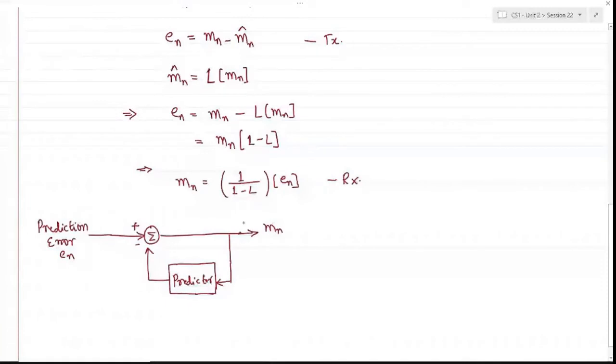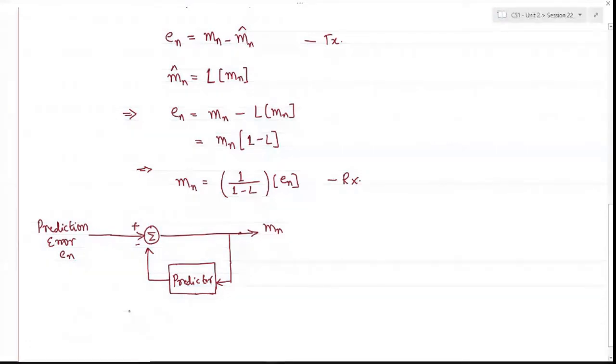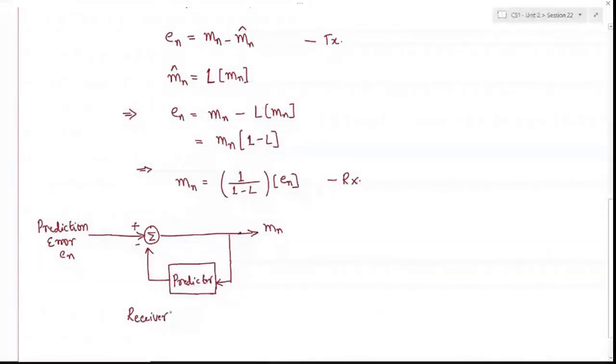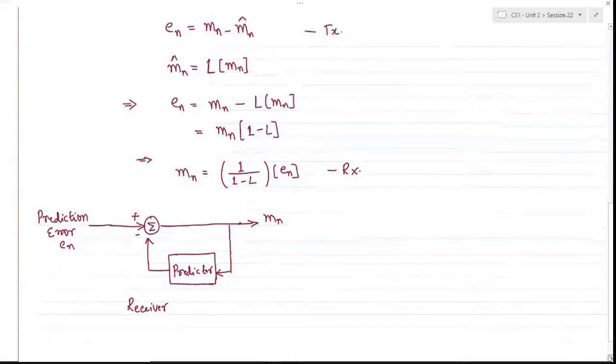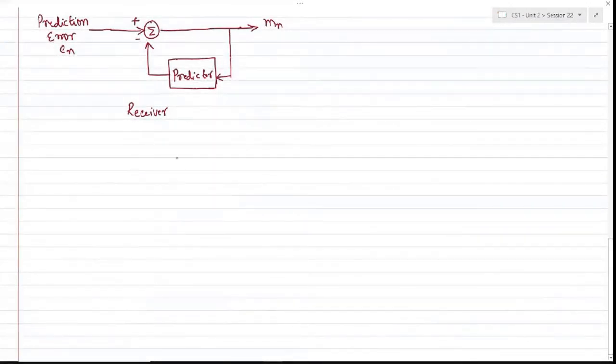Obviously, we have not considered any noise in between the channel. Okay, and if there was any other noise, definitely Mn generated at the receiver will not be exactly identical with respect to the transmitter sample, but this definitely takes out whatever is the prediction error involved in the quantization process. Okay, so with this idea involved, I repeat, this predictor could be simply a linear operator. It could be a simple one unit of delay function itself, where we delay a sample and try to compare with the current sample and the previous sample.